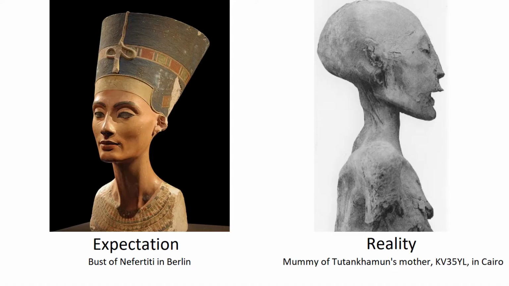And in the case of KV62, we can see that Nefertiti may not be behind the wall. But if we look at the science, we can actually find that Tutankhamun's mother has already been found. And we know from the DNA science that his mother is a mummy now referred to as KV35YL, who is certainly Tutankhamun's mother, and her body is actually in the Egyptian Museum in Cairo. So she is possibly not, however, Nefertiti. In fact, the historical evidence suggests she's another daughter of Amenhotep III called Nebetah or Baketaten.